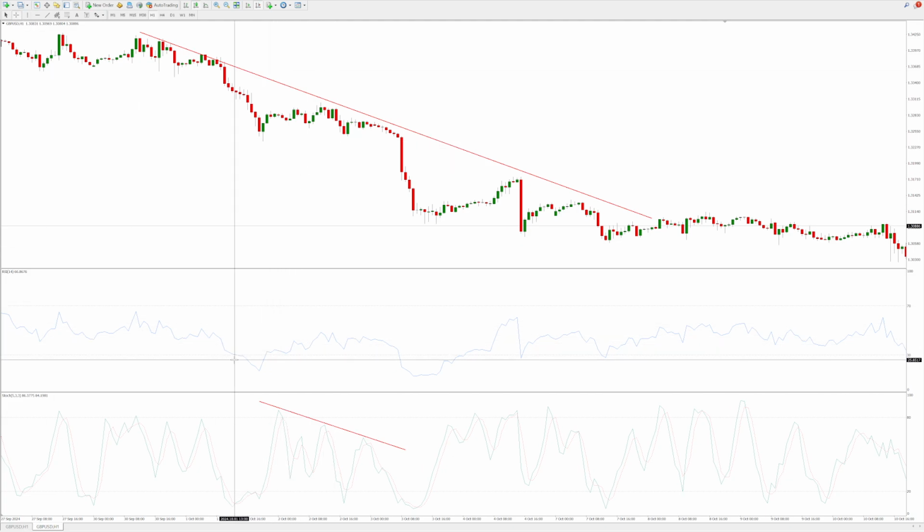So for example, when the RSI was oversold here, we may have avoided selling. When it came to this peak here, if we tried to sell, it wouldn't have been an ideal price point. You can see there was a pullback. Same here, when price was around here, it wouldn't have been an ideal time to sell as the RSI was oversold. We want to look to get in before